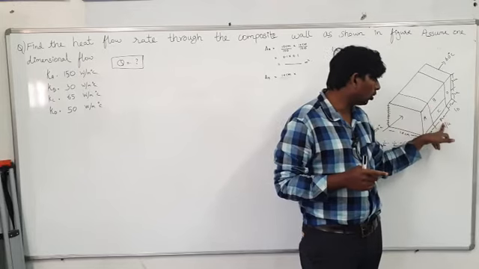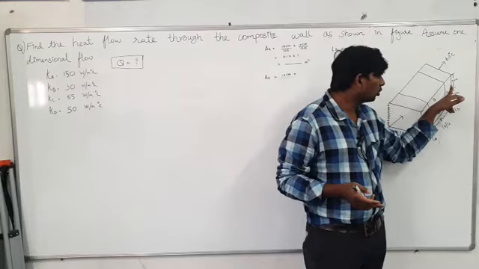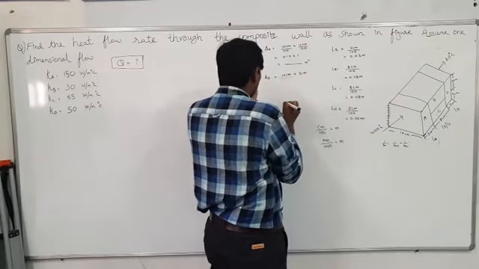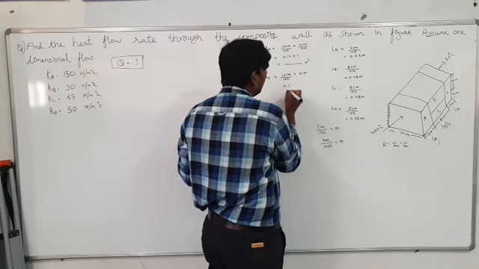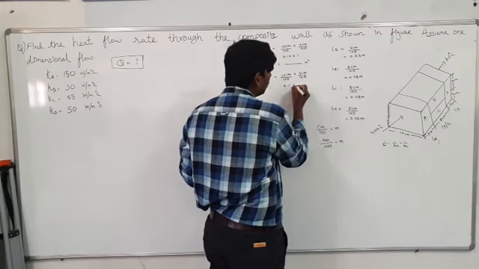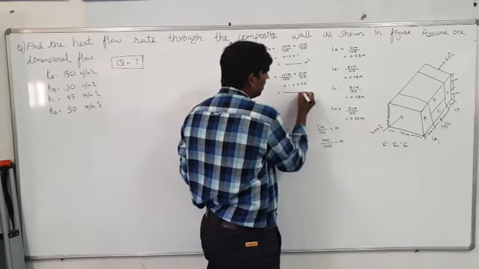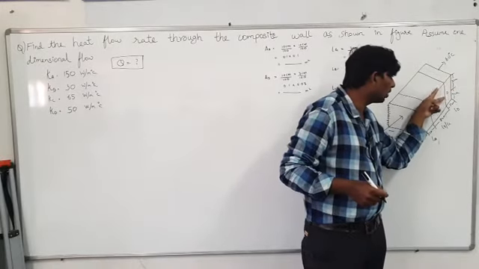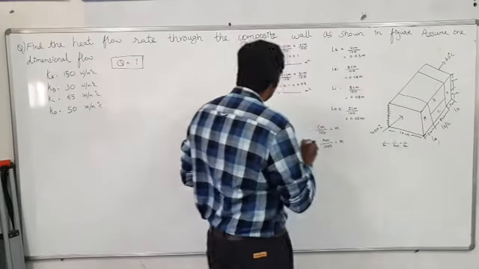Next thing you have to find out. You already took the 8, so which one is left? 3 is left. So you have to take 3 centimeter here. If you divide it by 100 here, you will get 0.1. If you divide this by 100, you will get 0.03. The answer should be in meter square. See why I consider 3 here. If you see, the thickness of this one is equal to how much? 3 is there.